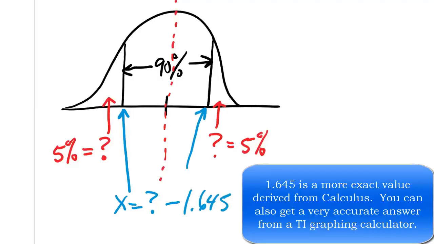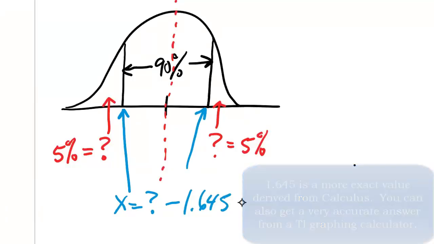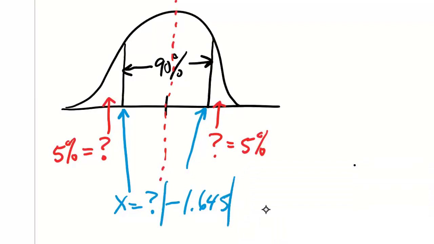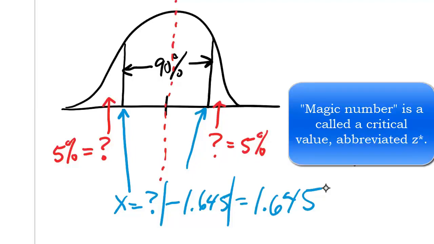So what we end up doing is we just take the absolute value of this and we say 1.645. That's the magic number that gives you 90% of the data,